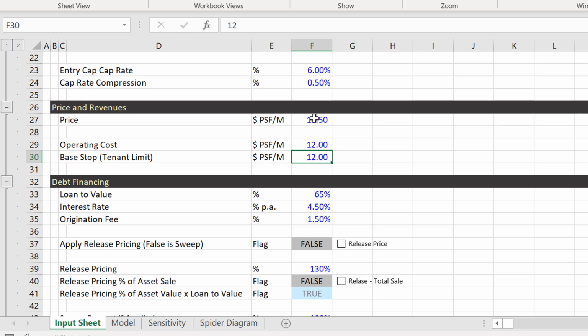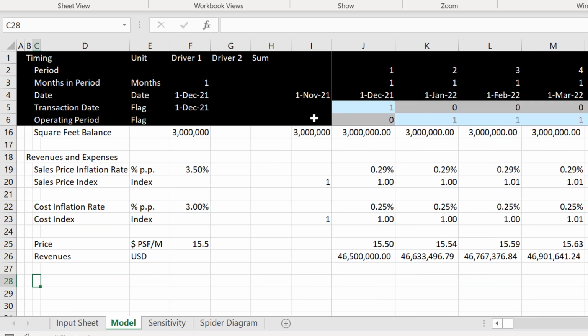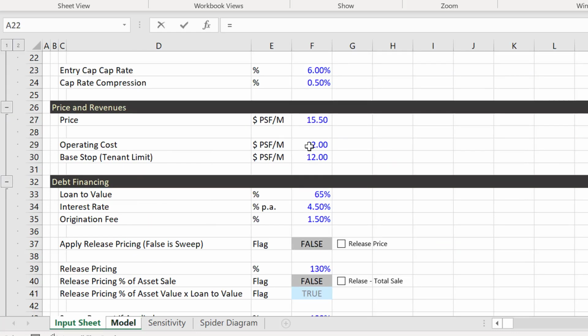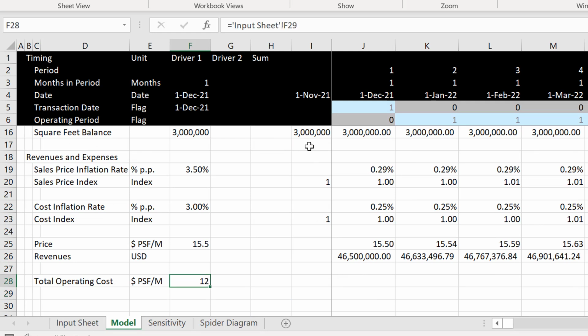base stop, okay? And this means that the tenant pays the total expenses, and the rest are paid by us. So I think the way to do it, and I'm just speaking out loud, we'll put total, why don't we put total operating costs? And the only thing that's really going to have an effect here is inflation, okay? And we'll start with that. And then we'll put the amount,